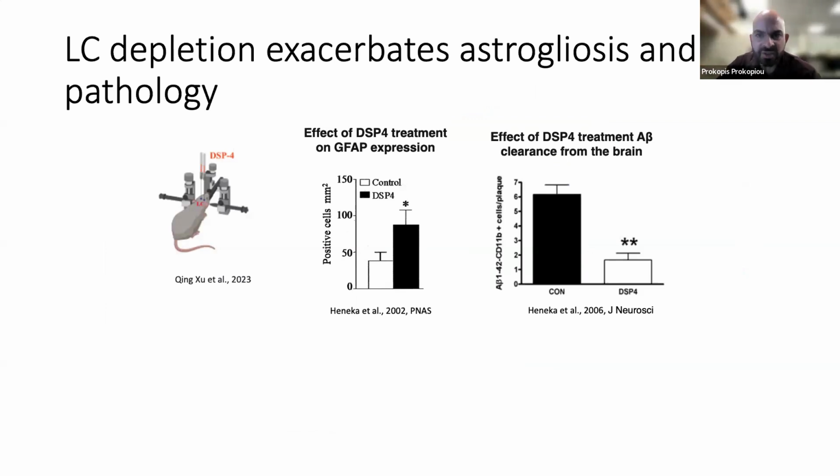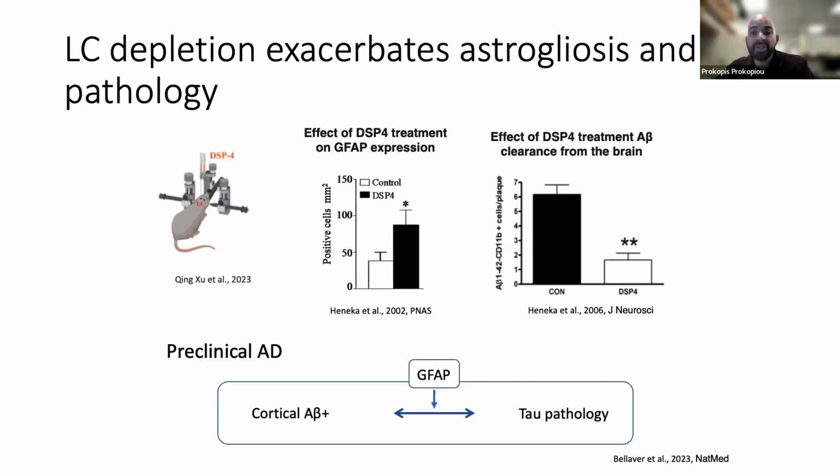Also, animal studies using DSP4, which is an acute neurotoxin, demonstrated that LC depletion, so complete LC knockout, exacerbates astrogliosis and AD pathology in rodents. And in addition to this, in vivo imaging in preclinical AD patients, so this is human studies, further suggested that astrocyte reactivity may be an important upstream event linking early AD-related pathophysiological events, such as cortical deposition of amyloid plaques to